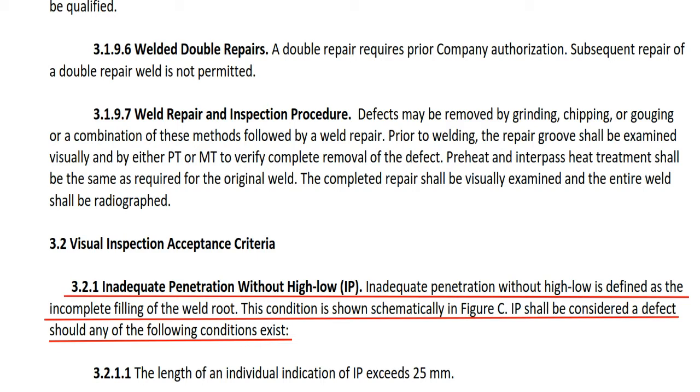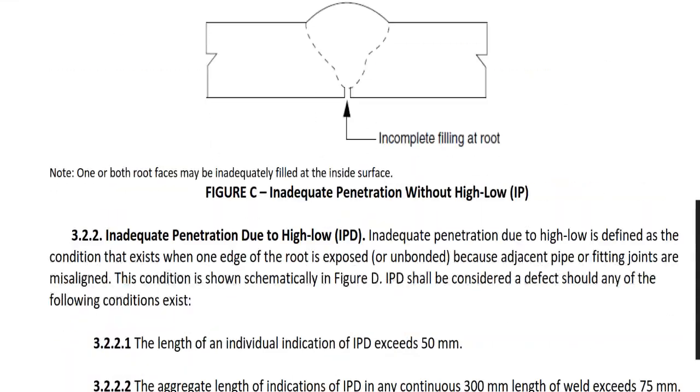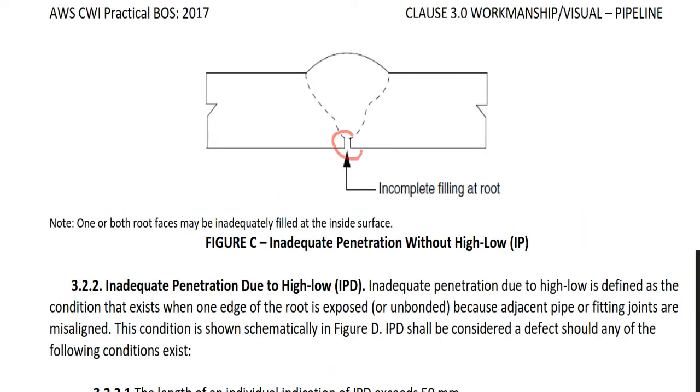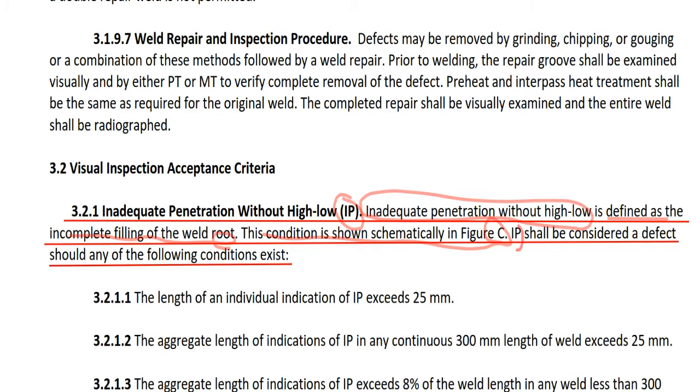3.2.1 Inadequate penetration without high-low, which is called IP. Abbreviation is IP, inadequate penetration. And here it says inadequate penetration without high-low is defined as the incomplete filling of the weld root. This condition is shown schematically in Figure C. Figure C is here. So incomplete filling of the root bit here. Nothing is here, nothing filled, without the welding, bonding, fusion, and IP